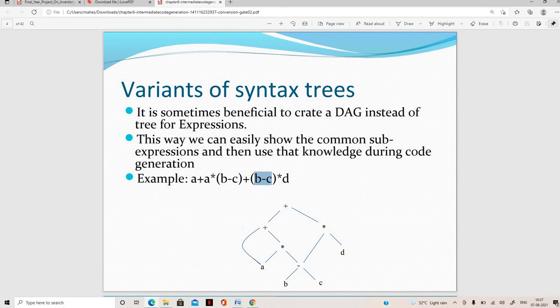First I am taking the operators: plus, star, plus, and star. Taking the first plus, this is one part, and this is the other part.